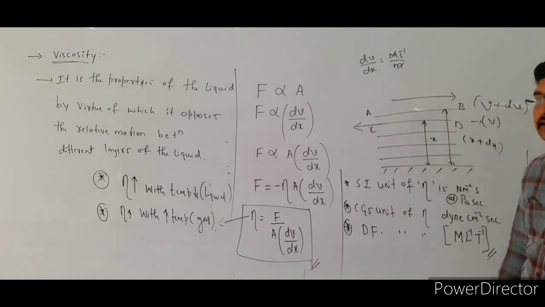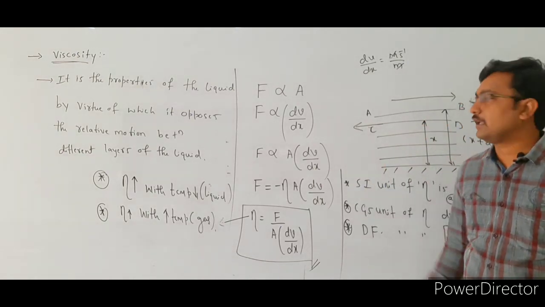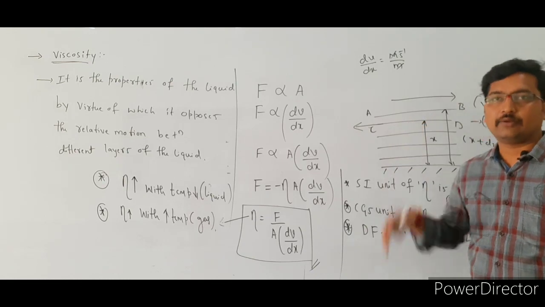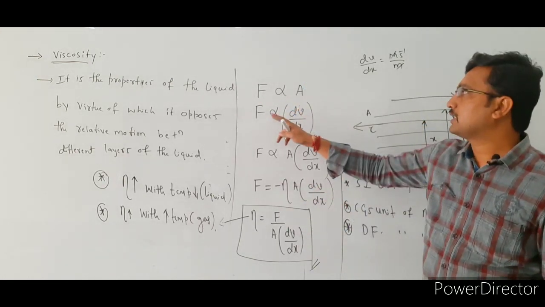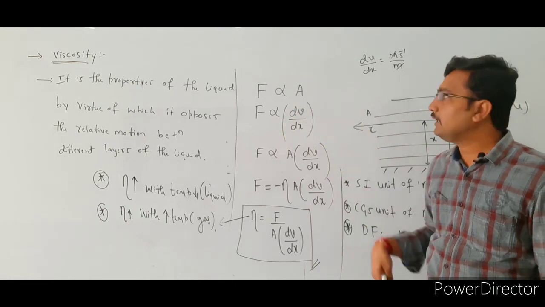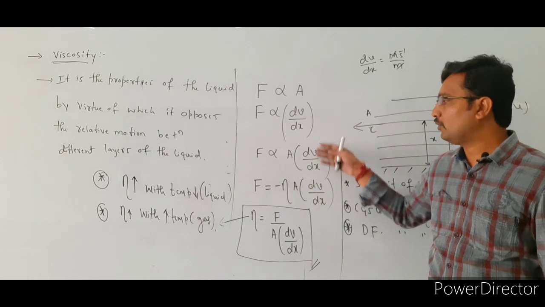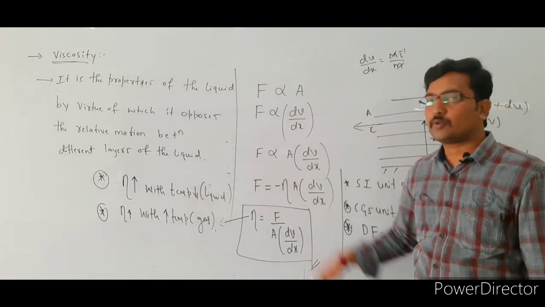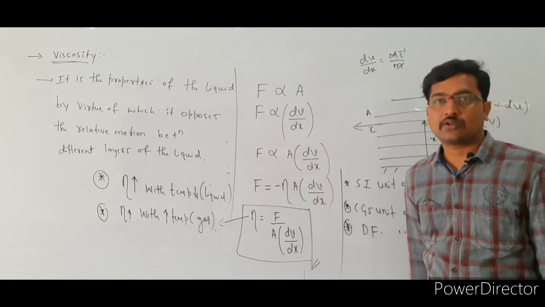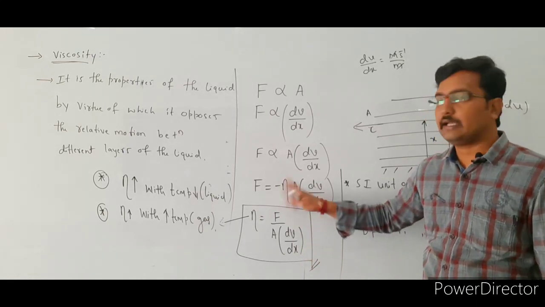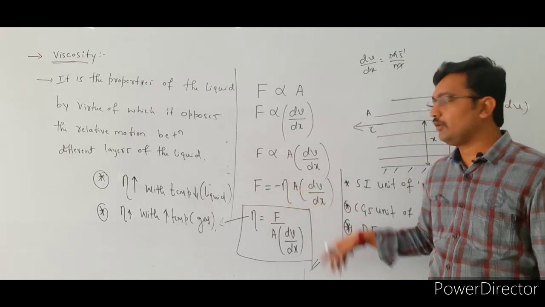Okay, see here, the viscous force is always acting in the opposite direction to the direction of flow of a liquid, right? The viscous force depends directly on the area, and directly on the velocity gradient. From these two relations, F is directly proportional to area into dV by dx. To remove this proportionality, we use an extra term, the coefficient of viscosity, denoted by eta. Here F is equal to minus eta into area into dV by dx.